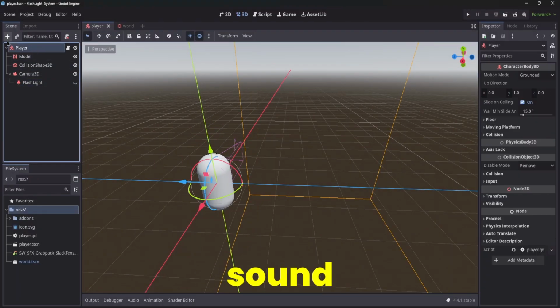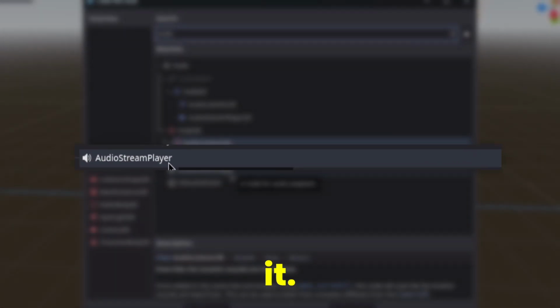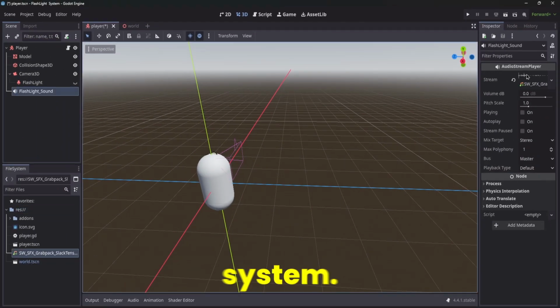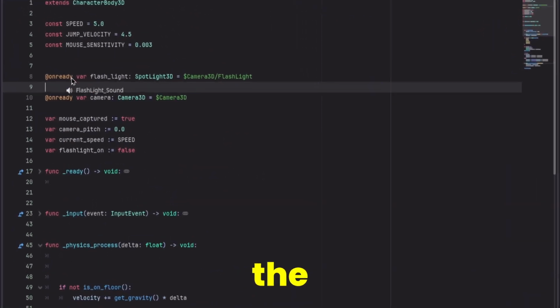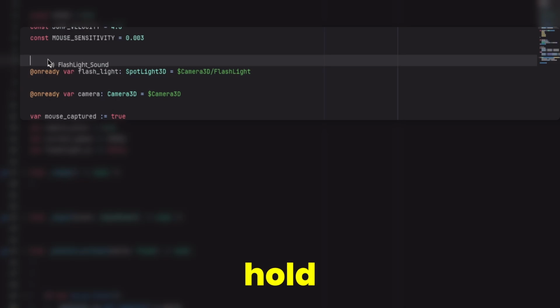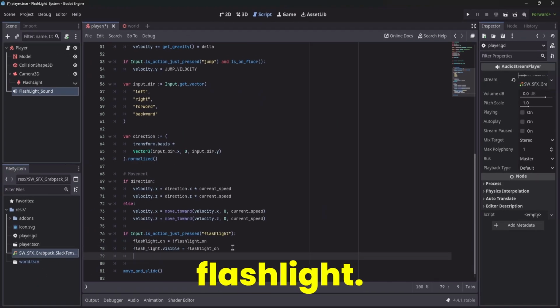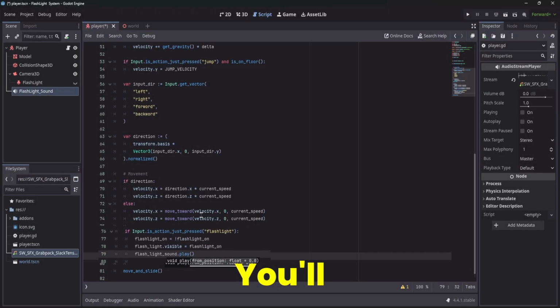The flashlight sound is so easy. You'll just go to the player, then add an audio stream player, name it whatever, and then you'll add the sound from your file system, and you can play with this. After that you go to the script, go up, and then the same thing. You just drag it, hold Control, and release it. And now you'll go down to the flashlight, type flashlight sound play, and that's it. You will try it,